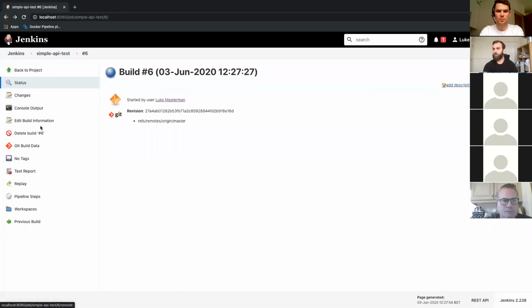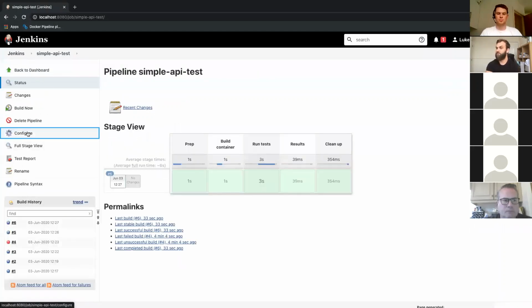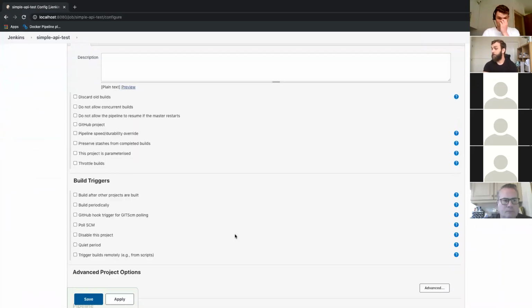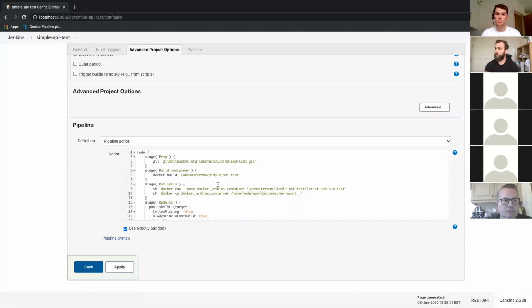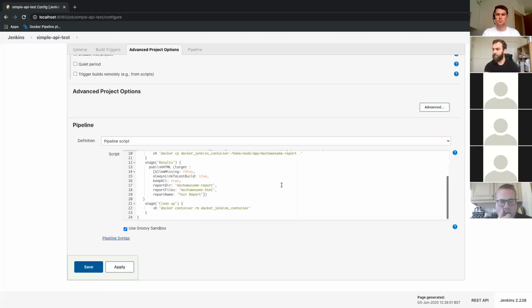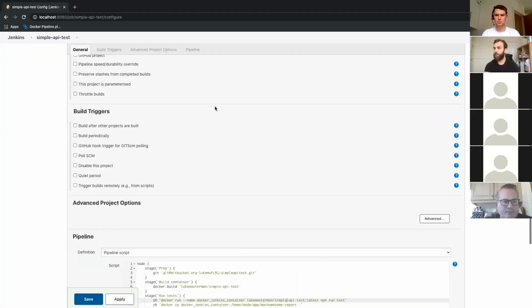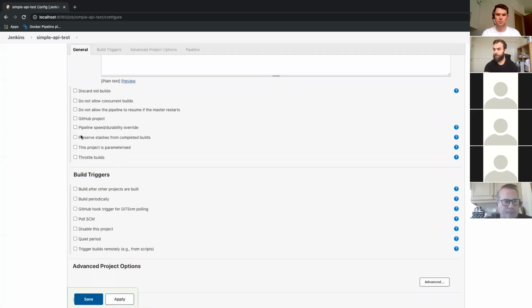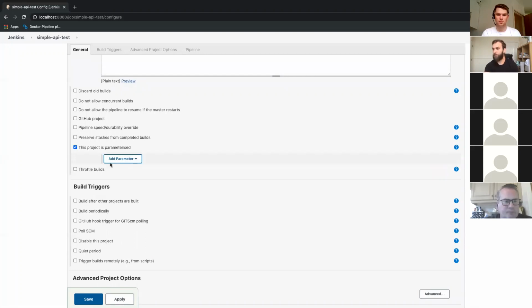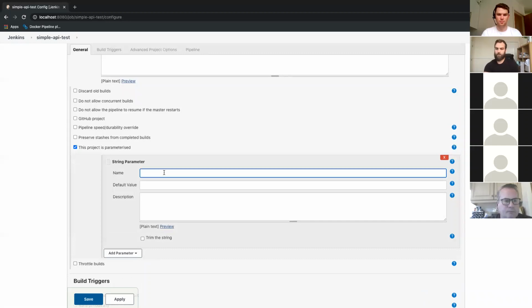So looking back at that pipeline, there were some things where we're repeating ourselves. So the name of the container, for instance, and the name of the image. So what we can do is we can say this build is parameterized, and we can create parameters for those.